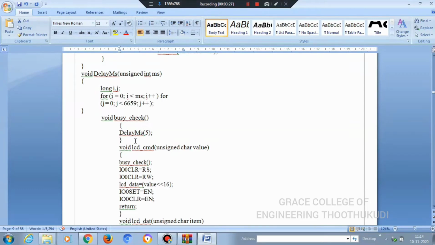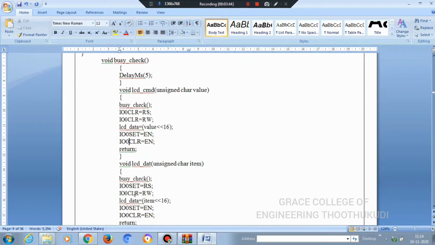In order to check whether the LCD is ready or not, we are giving the program for LCD settings. In the void LCD command function, RS should be 0, RW should be 0, and enable should be made high to low, so that it is ready for receiving the data.